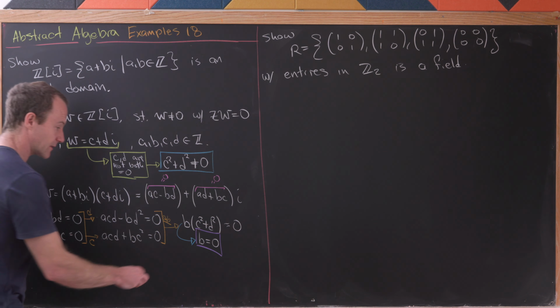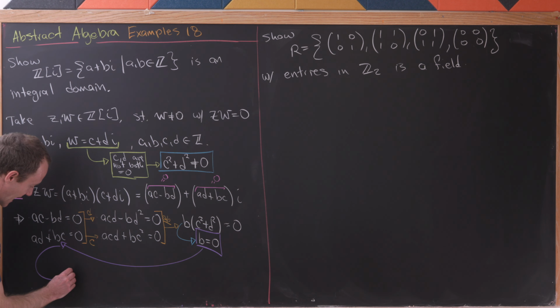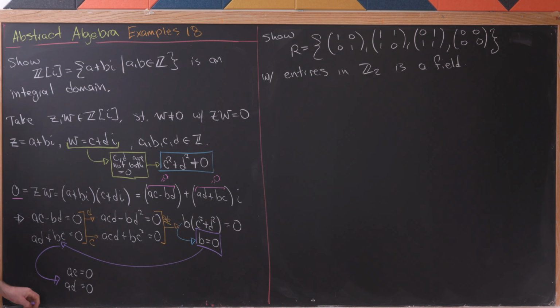But from there, we can plug this back into our original equations here, and that gives us two equations. We'll have AC is equal to 0 and AD is equal to 0. But now we can play the same game. First of all, we know that C and D are both not 0. So that means that, for instance, if C is not 0, then A must be 0 given this product. And if D is not 0, then A has to be 0,